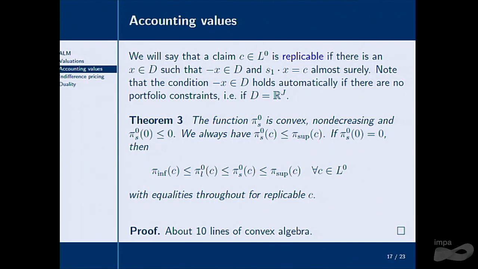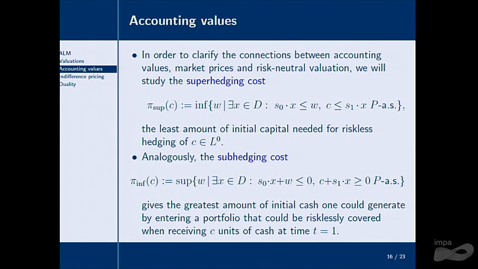And then the last part of the theorem says that if the claim happens to be replicable, then all these numbers are equal. For replicable claims, the super hedging cost and sub hedging cost are equal. And then the sandwich inequality says that now these accounting values are equal to those things as well. In particular, for replicable claims, none of these subjective things matter, because the super hedging cost, I'll go back to the previous slide, doesn't depend on your risk preferences,